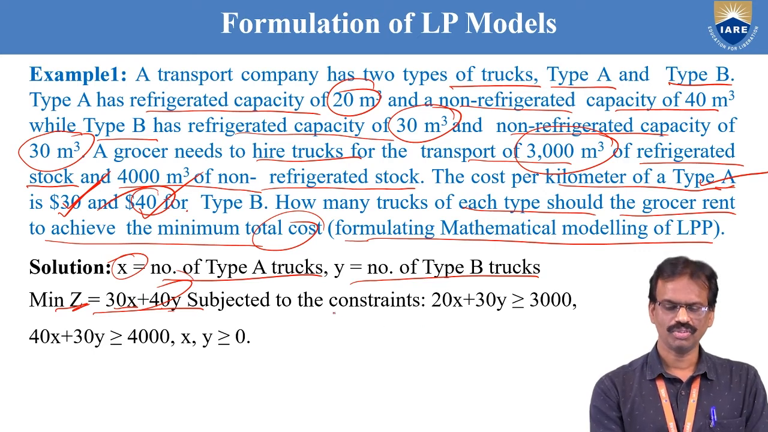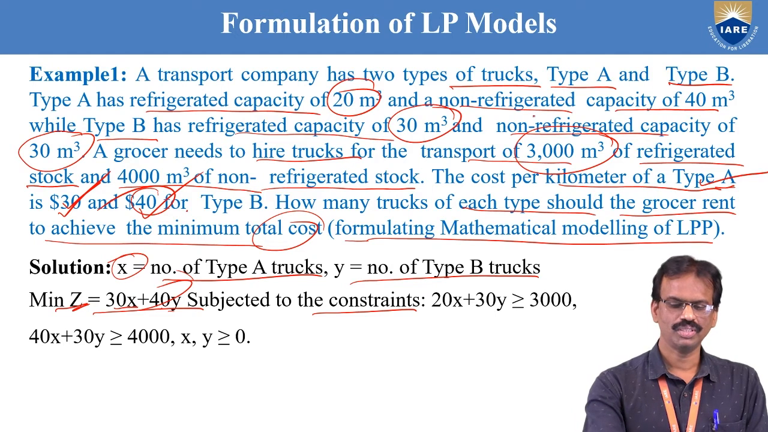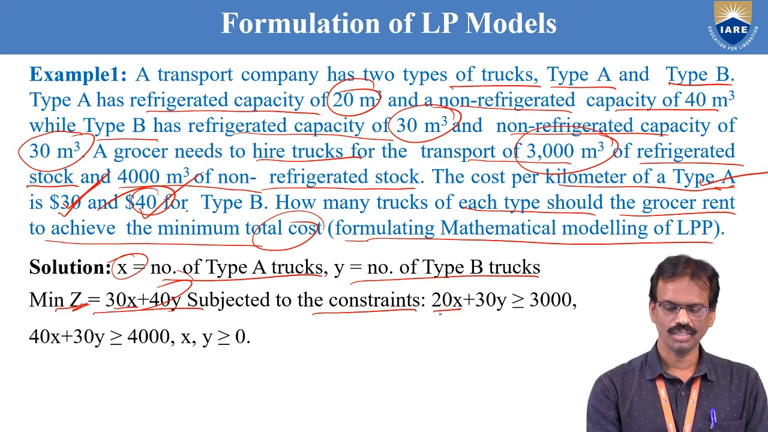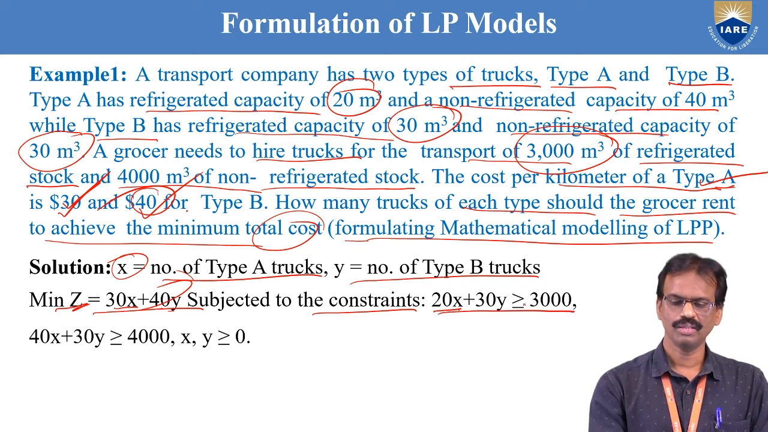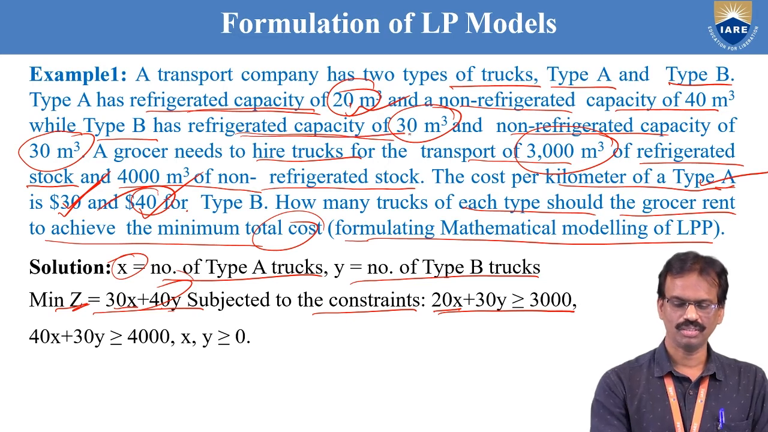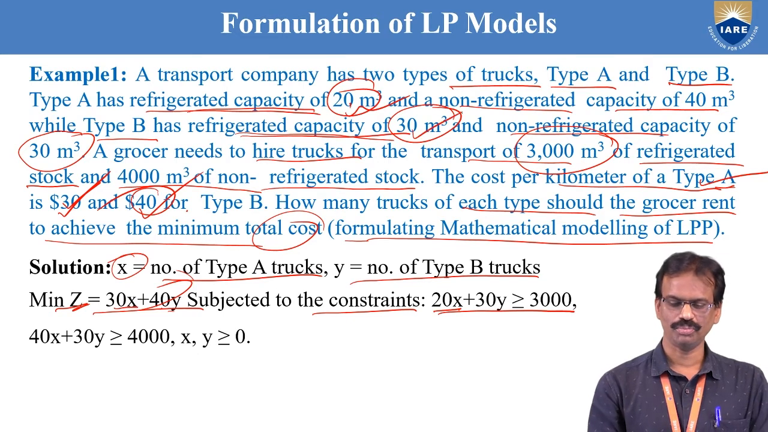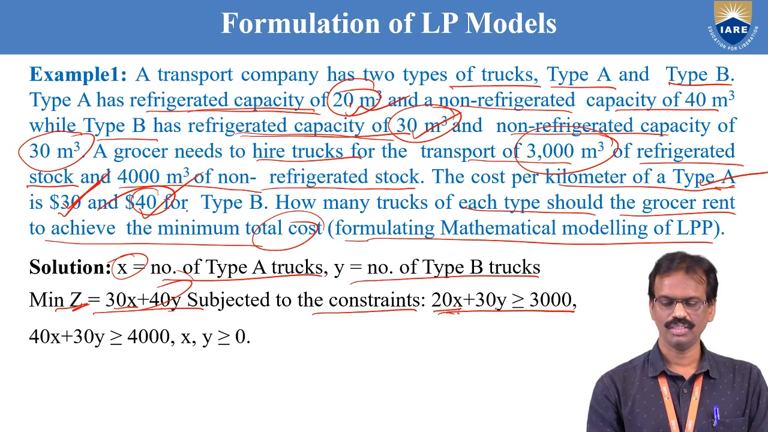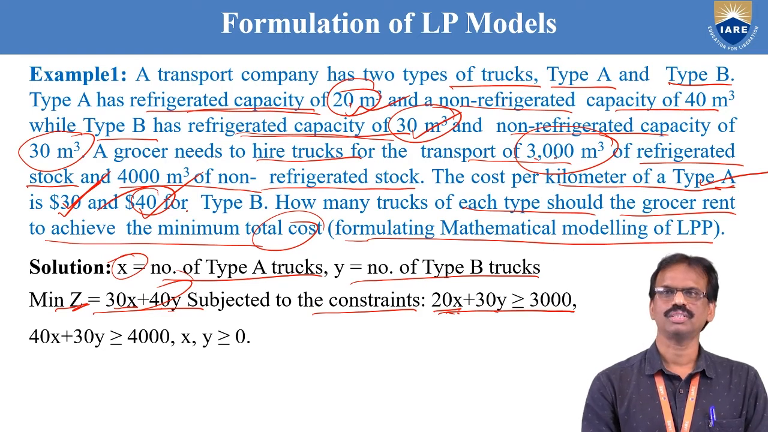Okay, constraints. What are the constraints? First, the refrigerating capacity and non-refrigerating capacity. The refrigerating capacity of A is 20 meter cube, and for B it is 30 meter cube. So 20 into x plus 30 into y is greater than or equal to 3000,